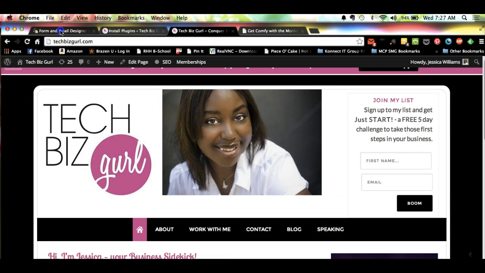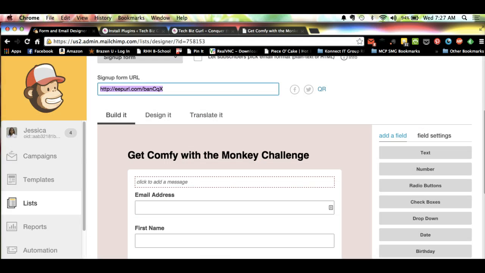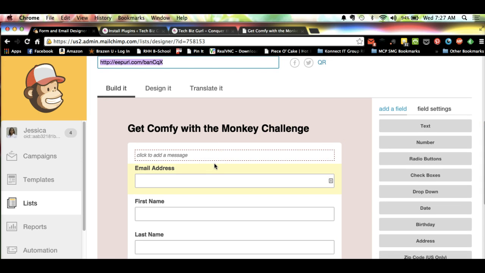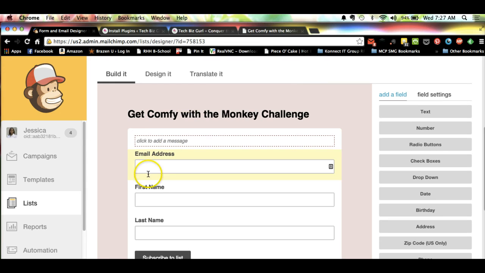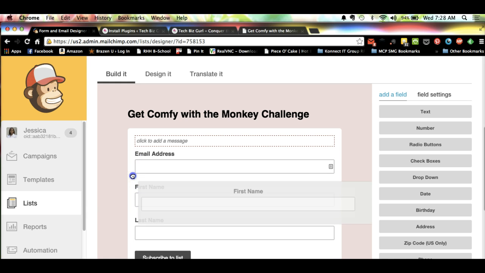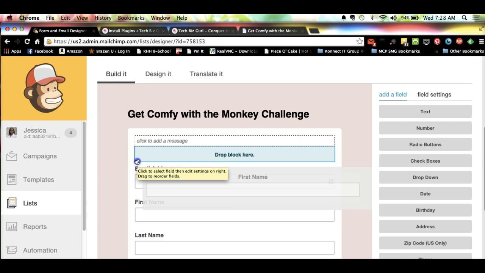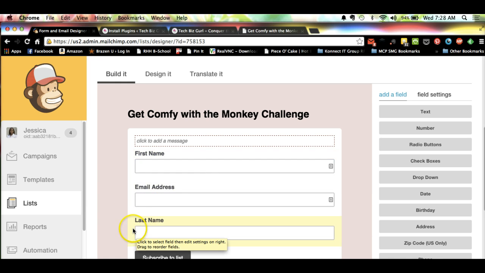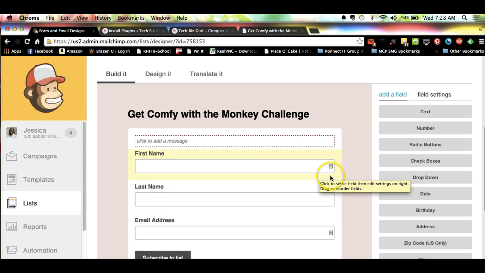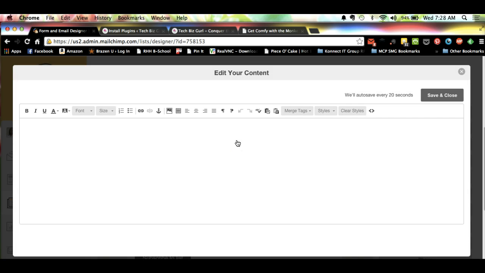So let's go back to MailChimp for a second. So this is also your opportunity to change the look of the sign up form, because what you see here is essentially what you're going to get on that URL. If you don't want it that way, if you want to rearrange some fields and all that kind of stuff, you can totally do that. Like if I wanted to move first name up on top of email address or something like that, I can totally do that. If I wanted to add a little message saying, hey,